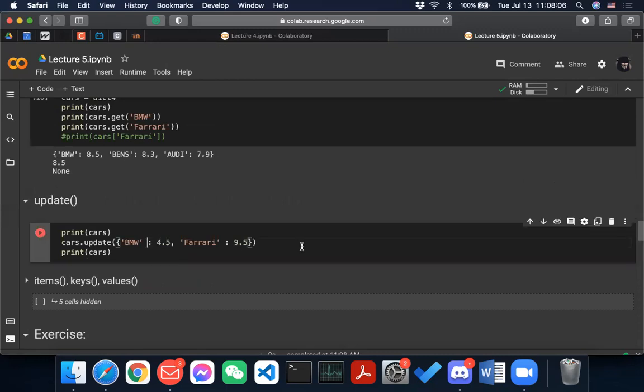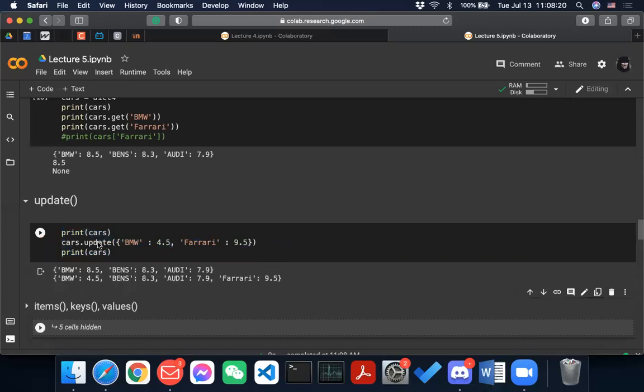The function update just means that you can take a dictionary and update both of those values. For example, right now the cars are BMW, Benz, and Audi.